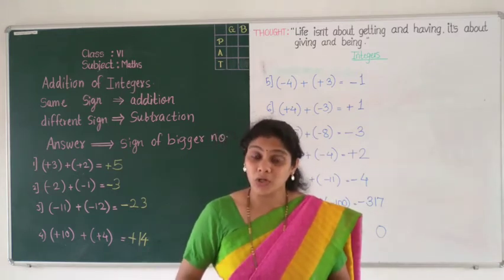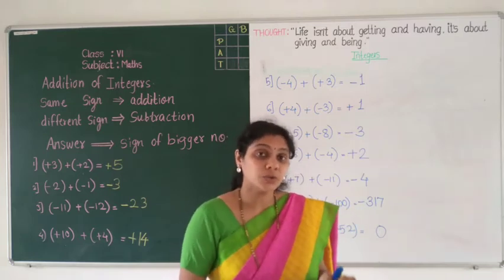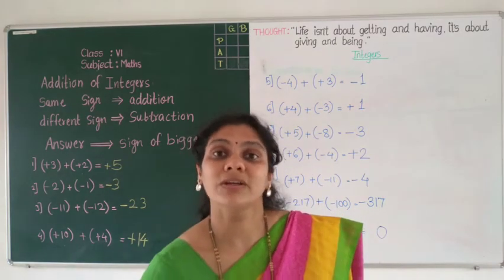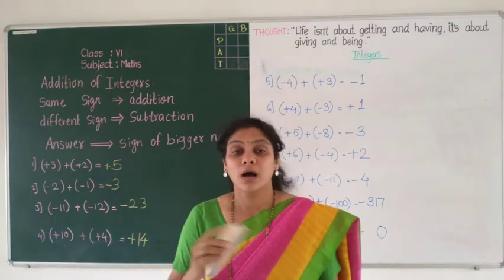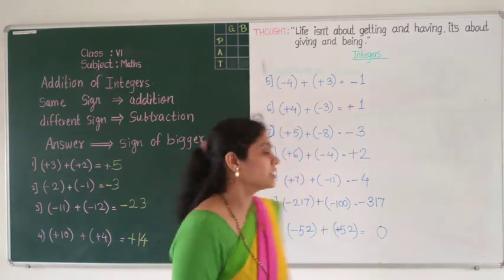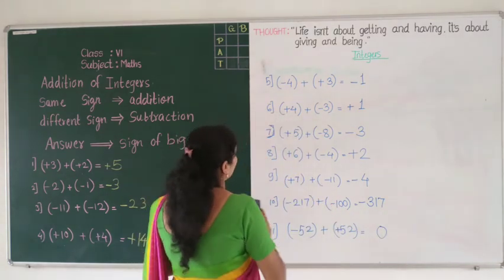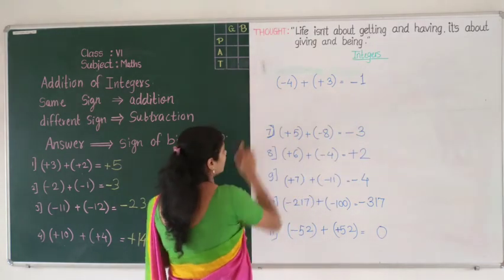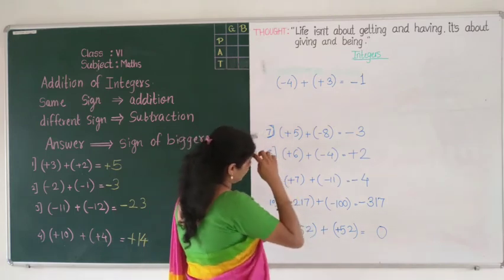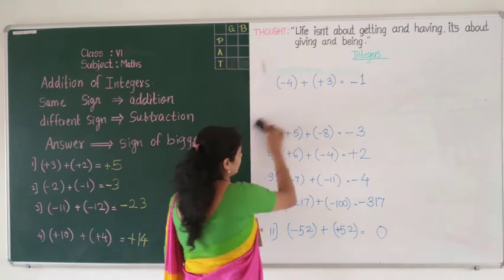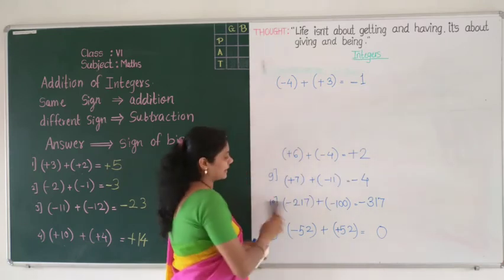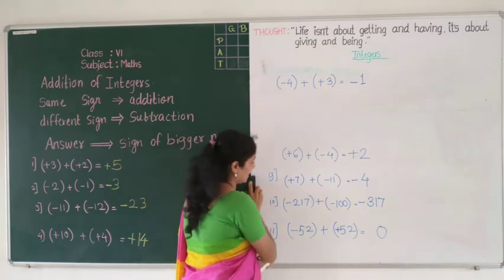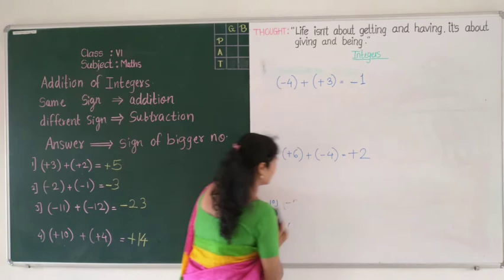There is one more important point that we have to study, that is addition on the number line. So without wasting our time, we will start to study how we can do this addition on the number line. Just look here. Which example will we take? This fifth one we will solve on the number line, and this sixth one we will also solve on the number line. That means you will get a correct idea. First of all, we will solve these two examples on the number line.